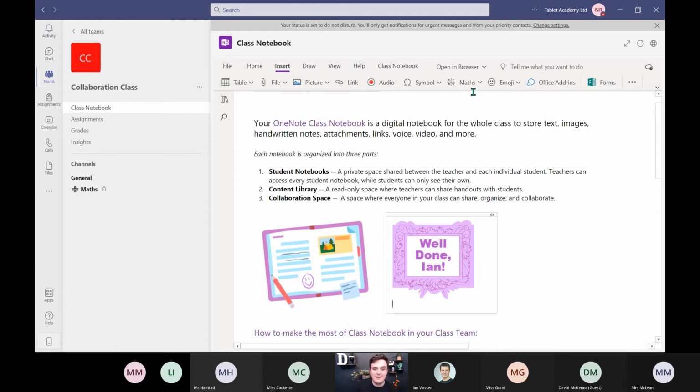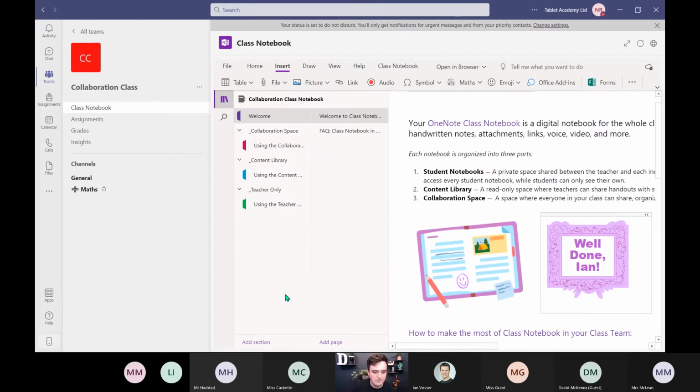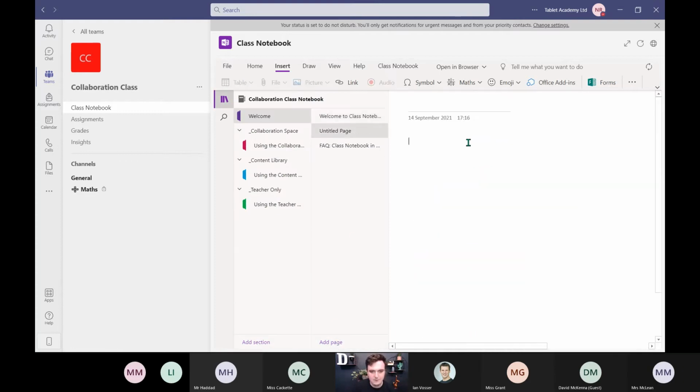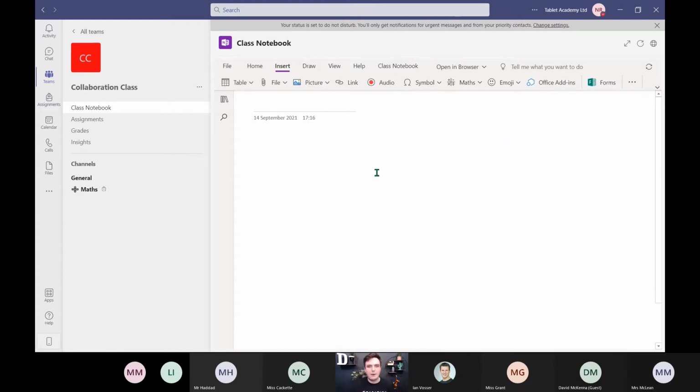We've also got the maths option as well, which is amazing for your collaboration. So if I go to add a page, here's my blank page within our collaborative work, and I am going to draw in a piece of maths for everyone. Obviously this is really simple. I know you all know the answers, but let's go for 10